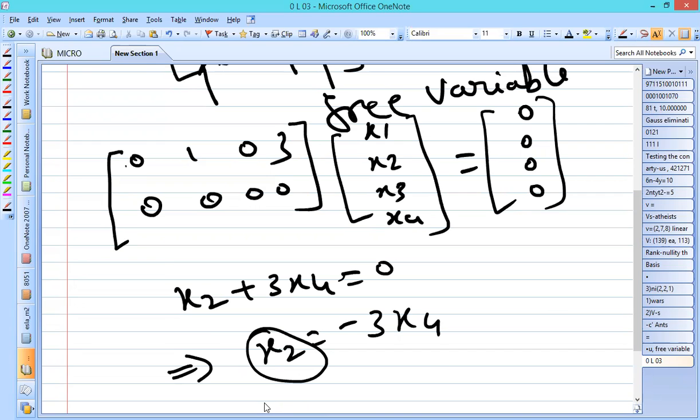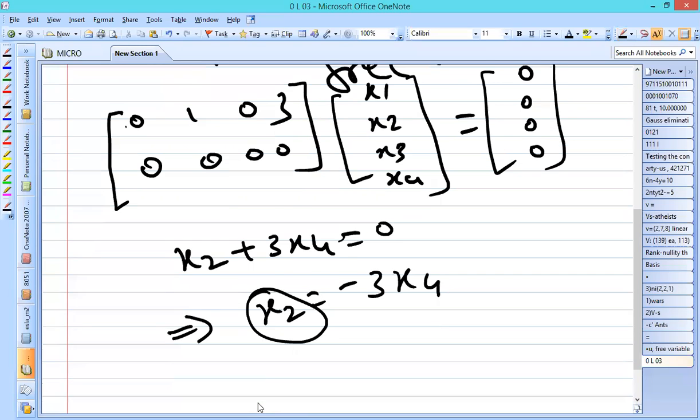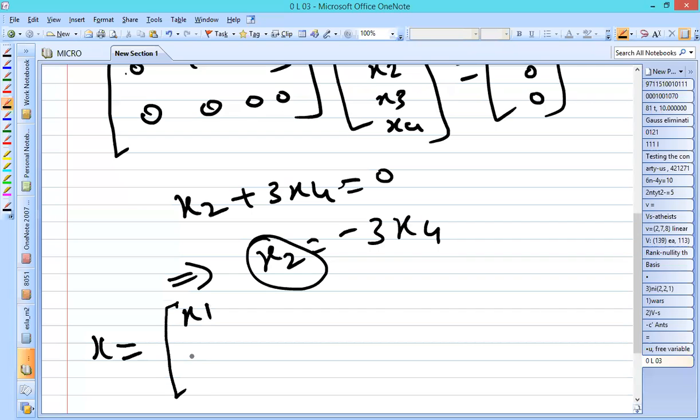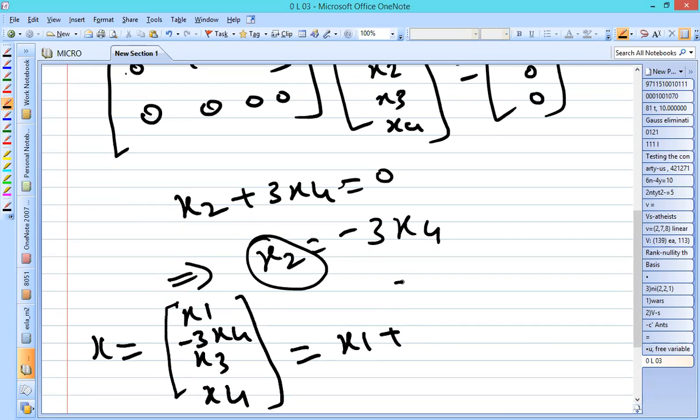So here, depending on the requirement, we are going to assign the values for the free variables. So now, in order to write the special solution, x has x1, x3, x4 as free variables. Keep those variables as they are, but x2 is what? Minus 3x4, right? So here this will be equal to x1. Here x1 is a free variable, it does not depend on anything else.